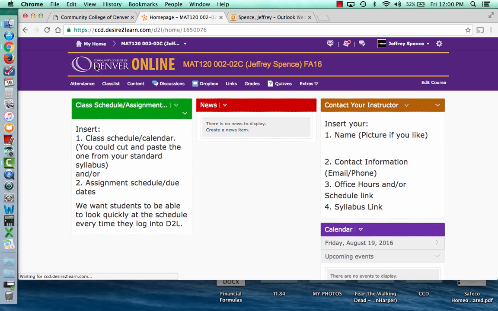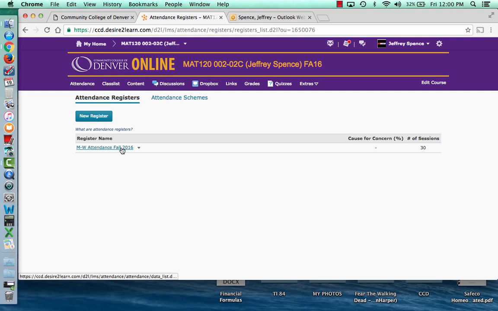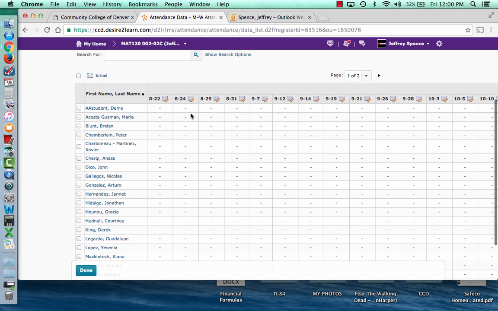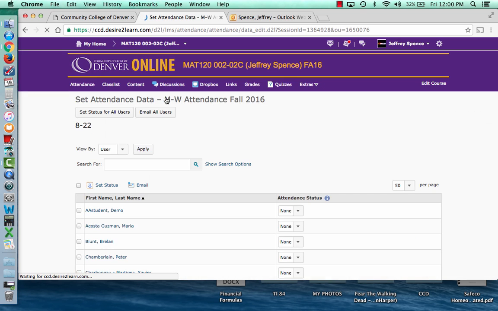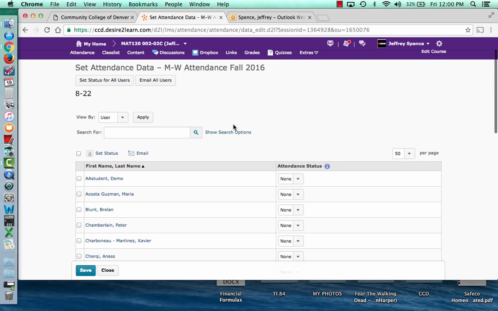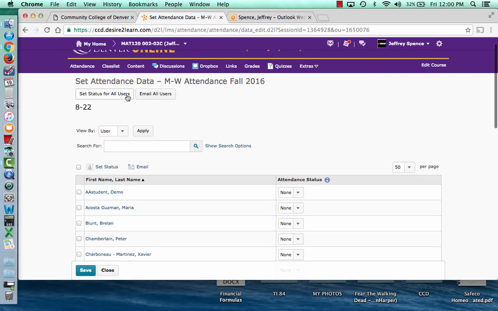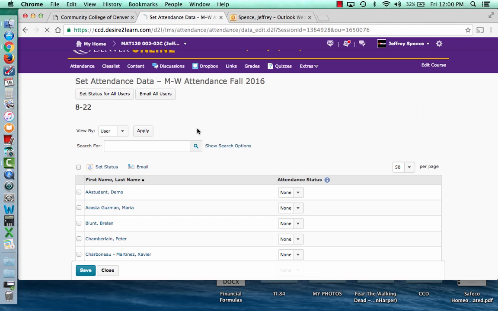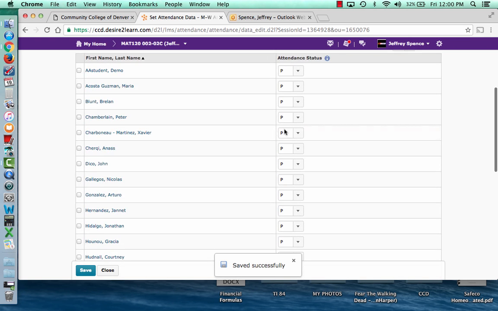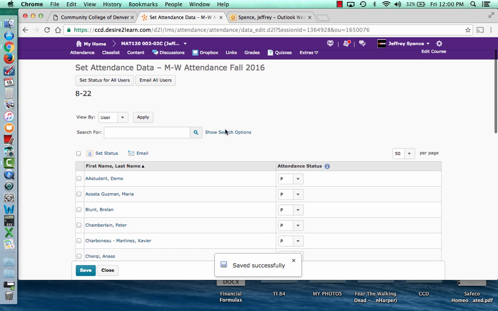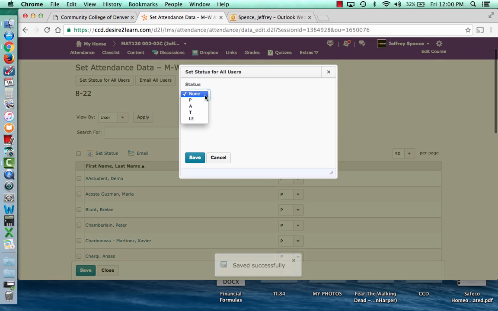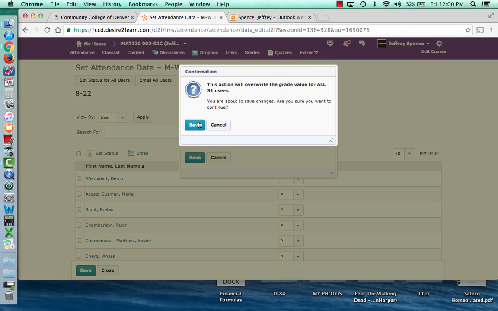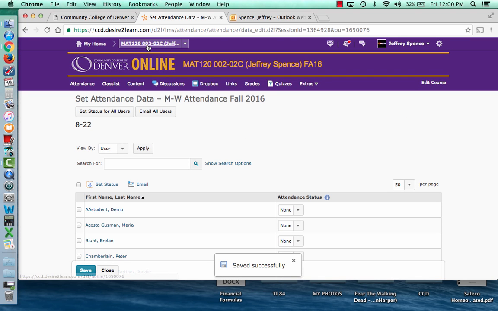The last thing, just so you know, when we copied an attendance registrar, you can go in and click attendance, click on the date, and then your first day you can put in attendance. The quick way I do this is after I learn their names, I just set status for all users, and I usually put in everybody as present, and then mark the absences that were in there. But I'm going to go back, put that back to none,